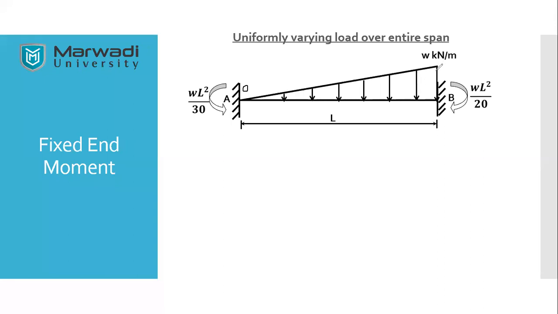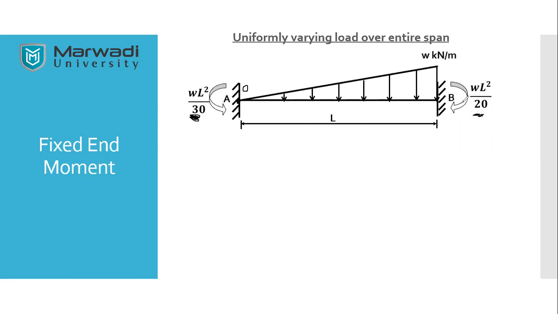So see, when we go to the maximum peak value, the formula will be WL square by 20, and on the opposite side it will be WL square by 30. If it is the reverse case, this formula is also going to switch. But mind you, till now the sign of the moments has not changed. Previously also it was hogging, and till this portion it is also hogging. So in WL square by 30, the end which is subjected to zero load will have 30 as the denominator,